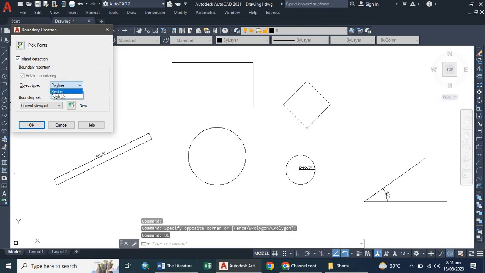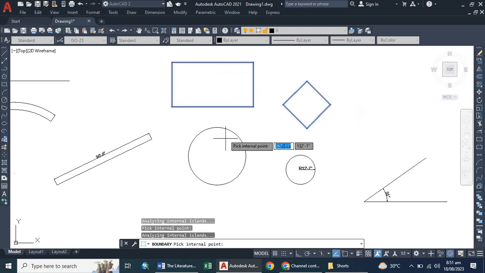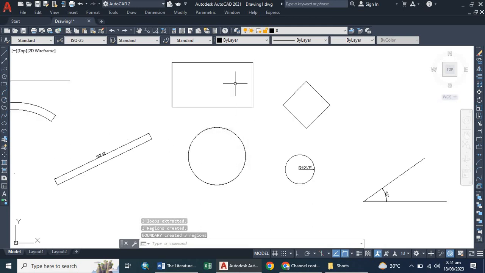Again here I will select the region from here. As you can see, it is asking to pick points. This is my internal point, this is my internal point, these three, I'm just converting the three things into a region. Now if these three things are converted into a region, I can use the Massprop command, otherwise I cannot use it. So I'm going to Massprop,